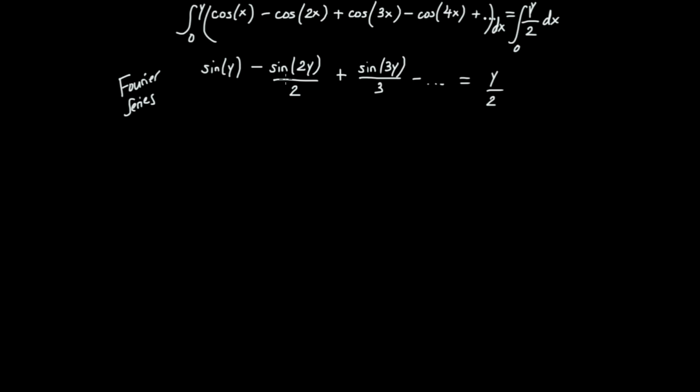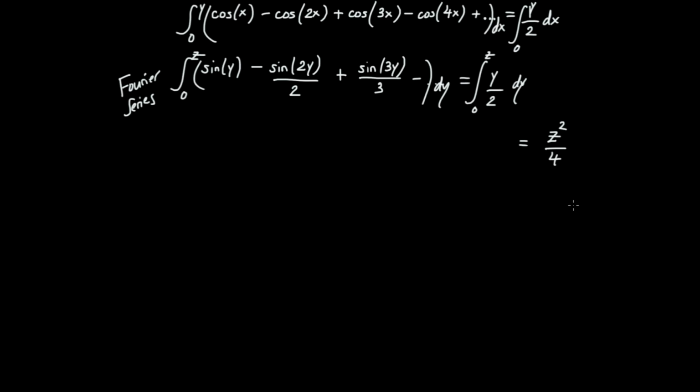And now, what I'm going to do to this infinite series here is I'm going to integrate one more time. I'm going to integrate both sides from 0 to another variable z. So it's going to be integral dy, and I'll do the same thing for the right-hand side. So 0 to z of dy. Now let me calculate the right-hand side first, since that's the easiest. Now I have y over 2. The antiderivative is going to be y squared over 4, but I'm going to have to plug in z. So at the end of the day, I get z squared